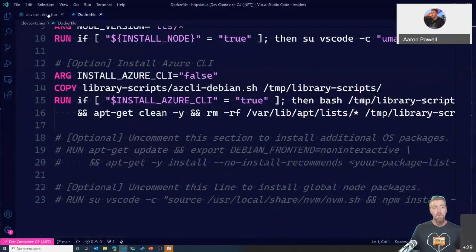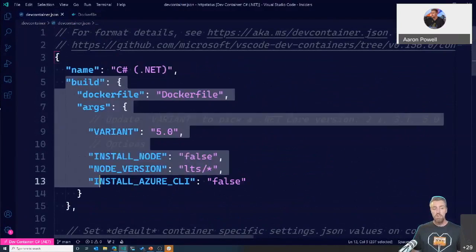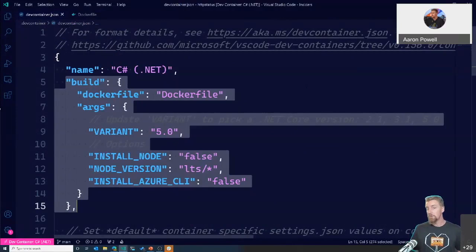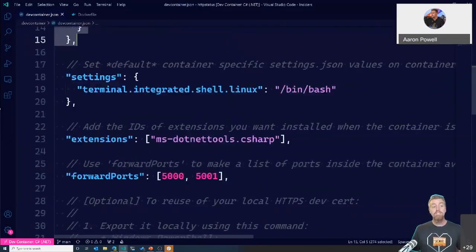Then inside of our devcontainer.json file, we define, well, this is how you're going to get your image. You're going to build it from this Dockerfile, or you can pull an image from a registry. So if you wanted to do that, it saves you doing a local build of the image. Any arguments that you need to pass through if you're doing a local build. Any settings that we want to define.